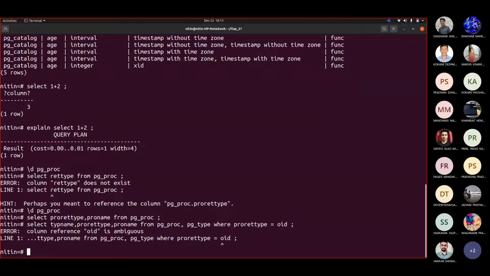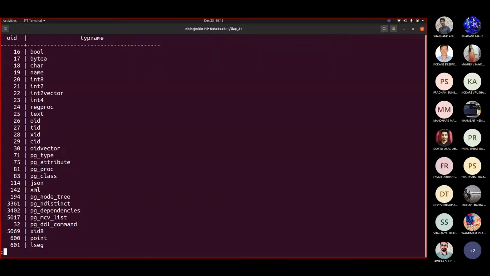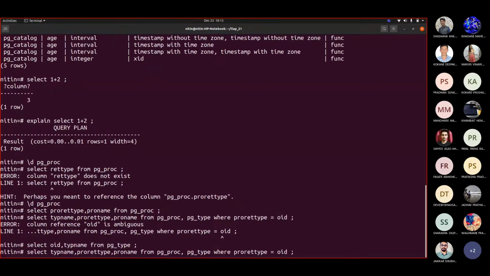Let us try this. Select oid, typname from pg_type. I should have written pg_type.oid here.